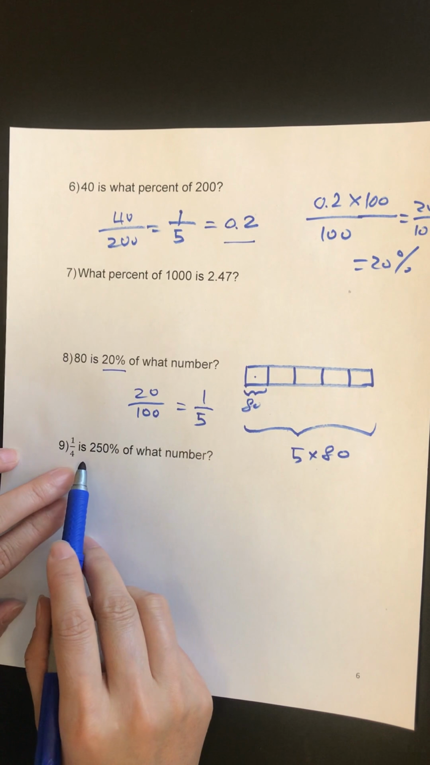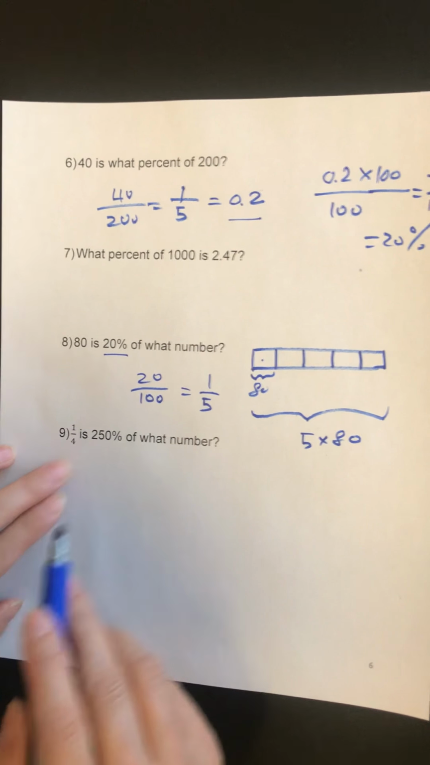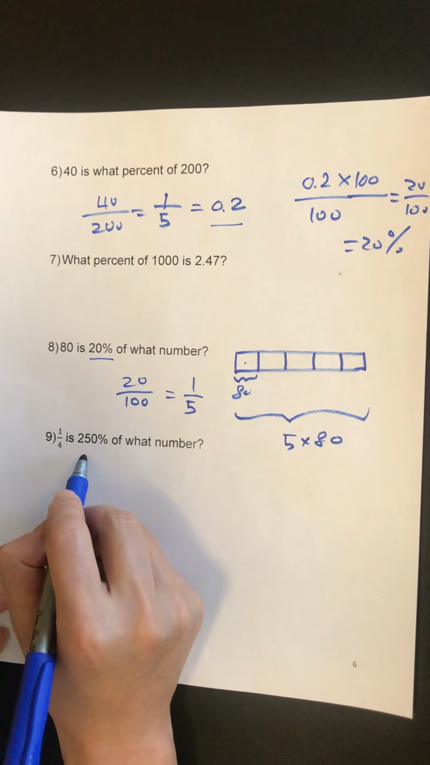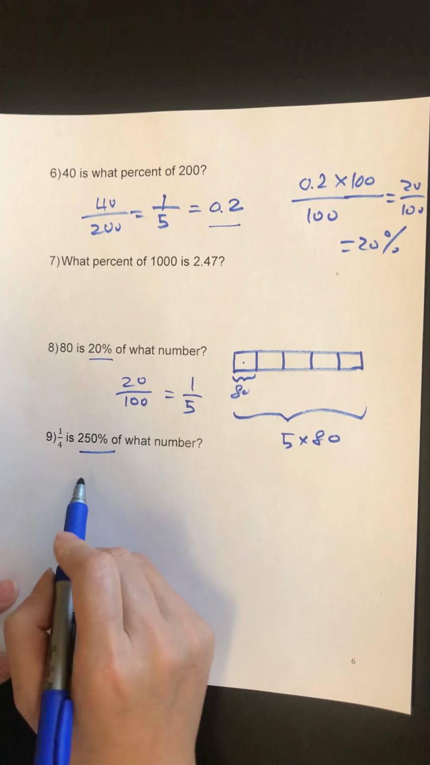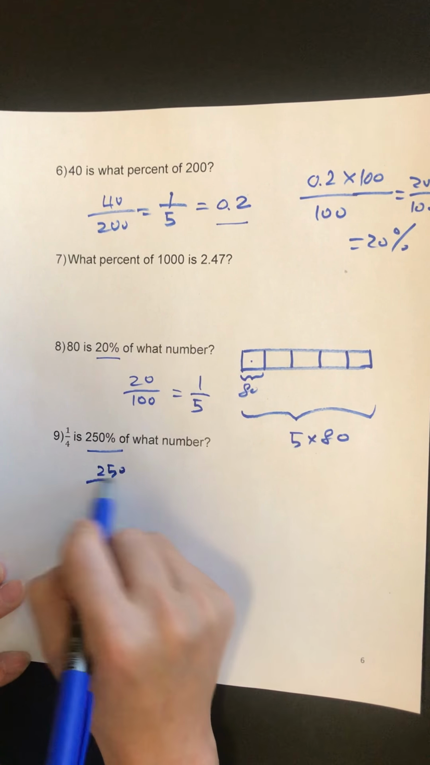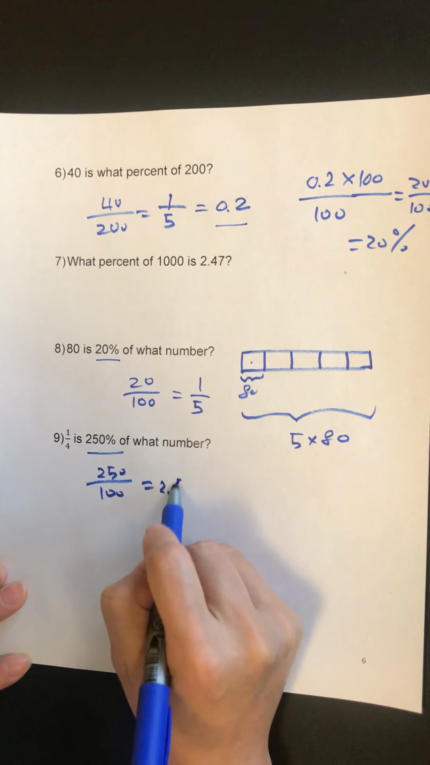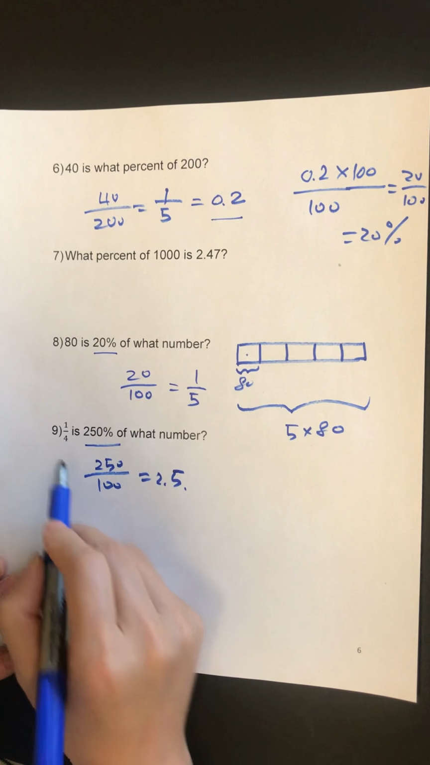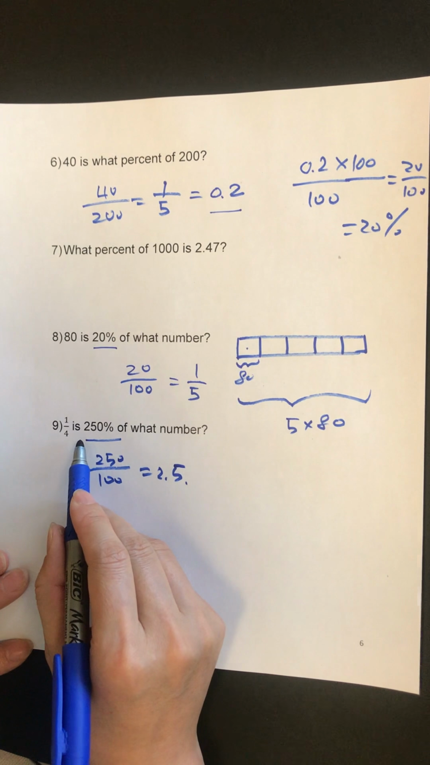A quarter is 250% of what number? So 250% is 250 divided by 100. So that's 2.5. A quarter is